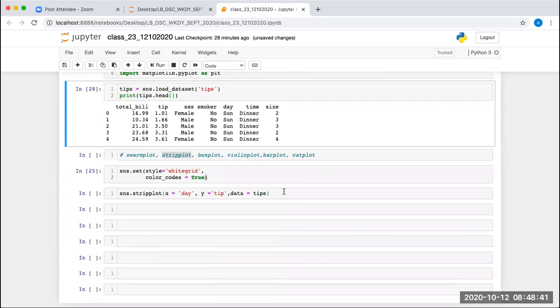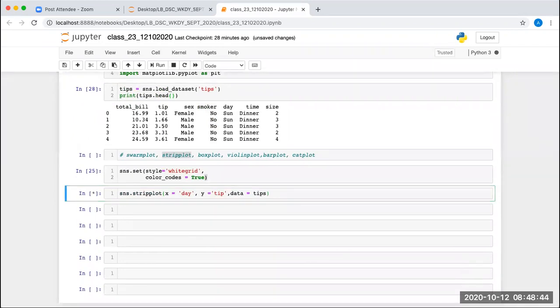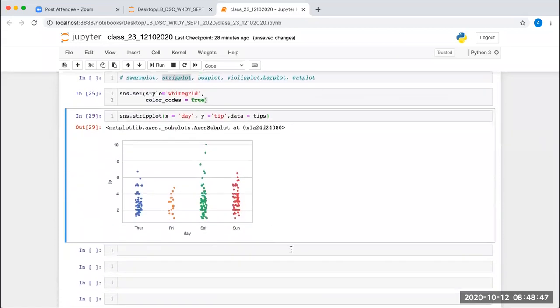Okay, now we are plotting data is equal to tips, and if I execute this, I'll get a strip plot here where I can visualize things. It is not that clearly visible on which day how many people are coming, or what exactly the average amount is on every day, right? But yes, one idea I can get from this plot is that on Saturday and Sunday more people are coming than on the weekdays, Thursday and Friday. Correct?